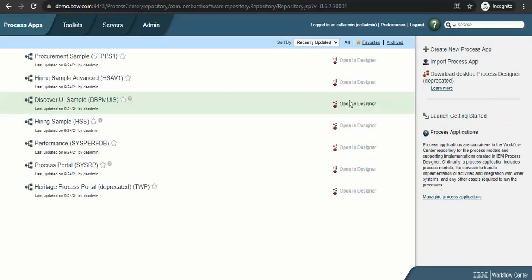Okay, fine. So let's open one sample app.